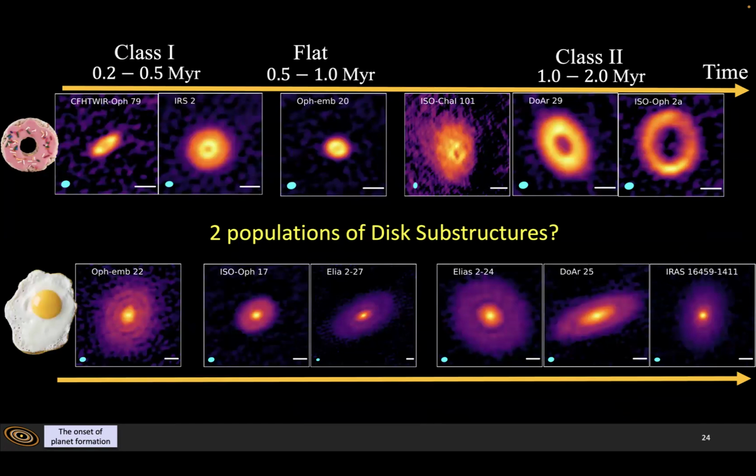Since this is ALMA band 6, 1.3 millimeter dust continuum, the emission we're seeing is dust emission. It's not due to free-free emission from the protostellar jet. So we don't know what is causing these morphology differences, and this raises a lot of interesting questions. For example, what kind of planetary systems will they evolve into, and which one will resemble our solar system?